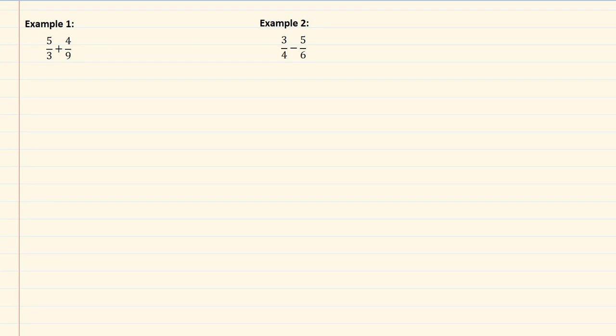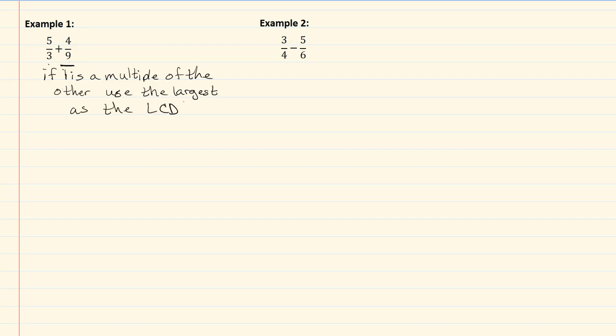In example 1, we have 5/3 plus 4/9. Now here's a little trick for finding an LCD. It just so happens that if I look at this, I can tell that 9 is a multiple of 3. And hopefully you recognize that too. So if one is a multiple of the other, we use the largest as the LCD,